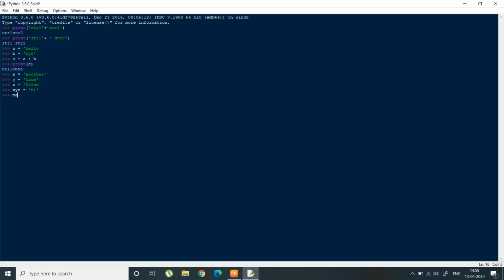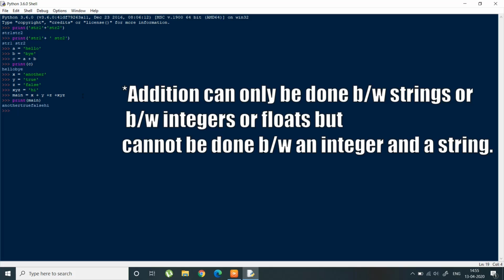Let's say the variable name is main, equal to string 1, then string 2, then the other string, and then the other variable. Now you are adding all these variables related to these strings, and if you print main, it will print the sum of all these strings. So that's the addition operator that can be used between strings.